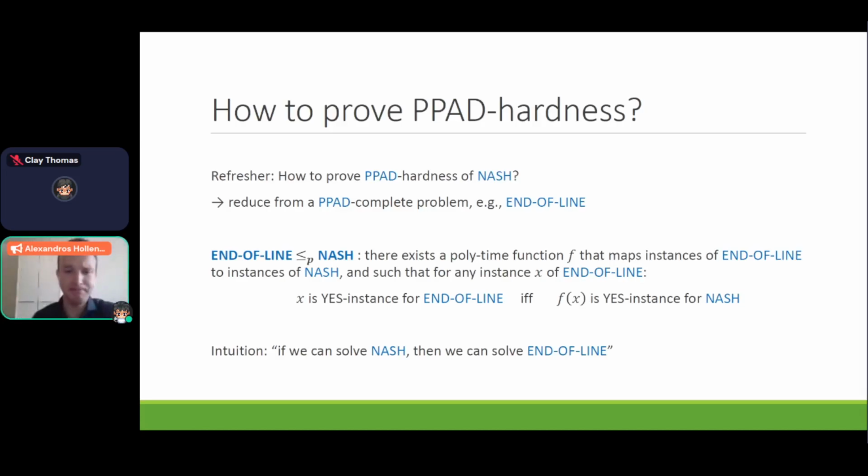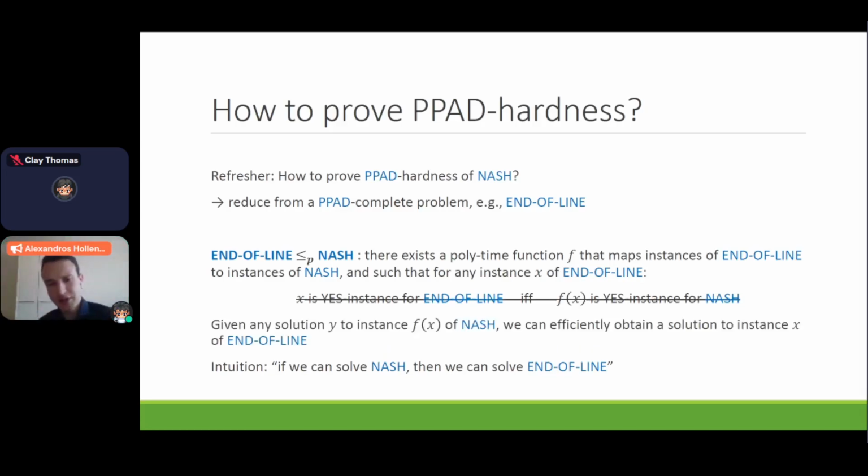Now, what's the problem with that? Well, both End of Line and Nash, and in fact all the problems we're going to look at, all the instances are yes instances for them, because they always have a solution. So this condition is not going to cut it for us. It doesn't mean anything. What that means is that we have to replace it by something that works for us,